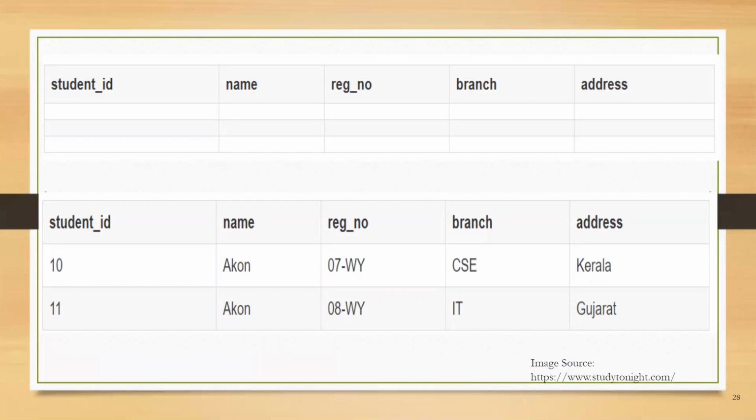Okay. So now let us understand what we mean by partial dependency. Since we know the dependency, we can understand the partial dependency also very easily. Let us consider a student table, which will have a single column like student ID that will uniquely identify all the records in the table. But this cannot be true all the time. So we need to extend our example.